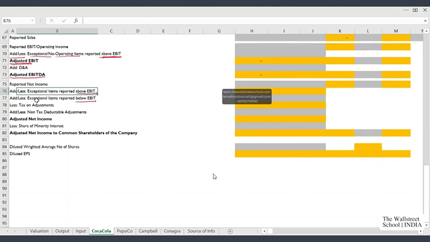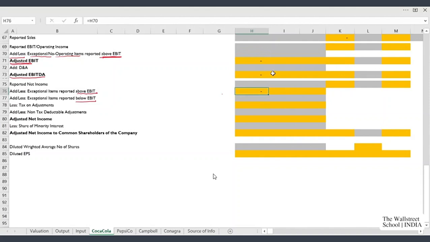Exceptional items above EBIT we can link directly from cell H70, which is exceptional items for EBIT.